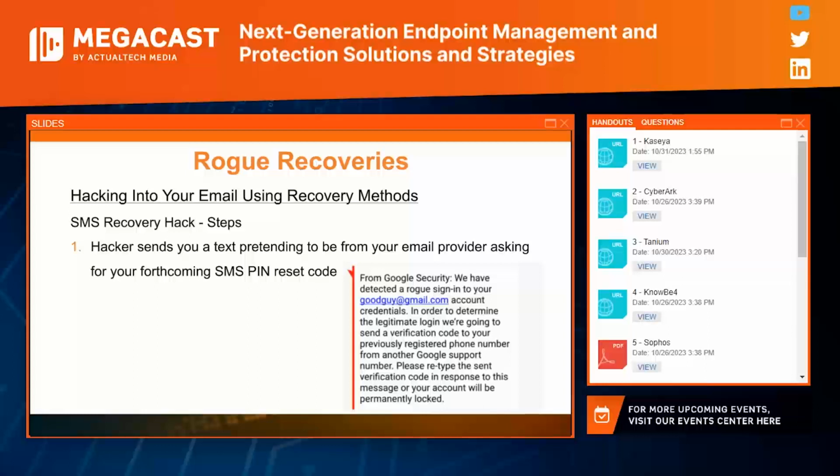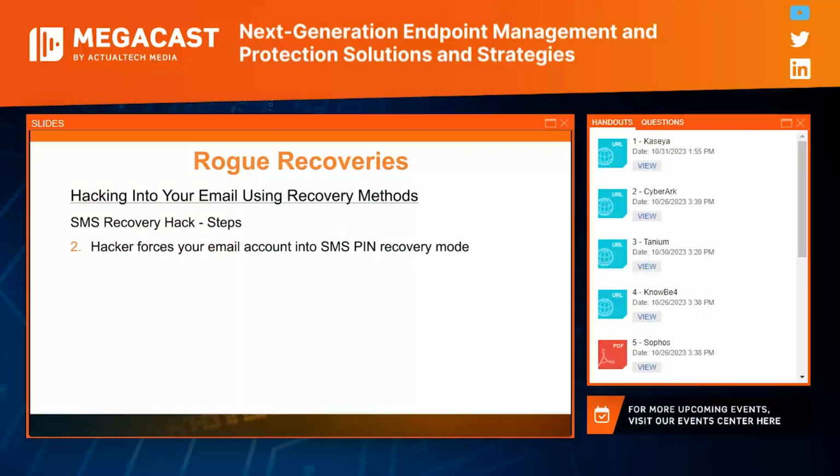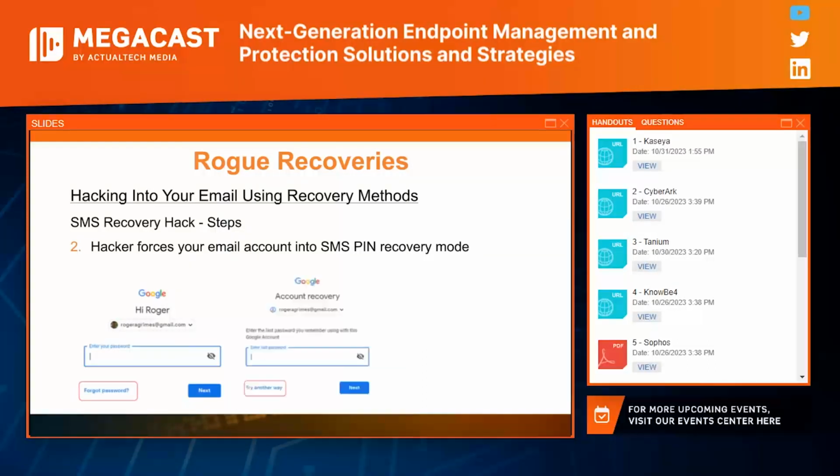But anyways, you're telling them, hey, I'm going to send you a code to make sure you are who you say you are. Then the hacker, in this case, let's say with Gmail, would go to Google and gmail.com. They know the victim's email address. They click on, hey, I forgot my password. Google's real nice, goes, hey, you want to try your last password? Say no, and then it will give you up to 4 different ways to recover that account.